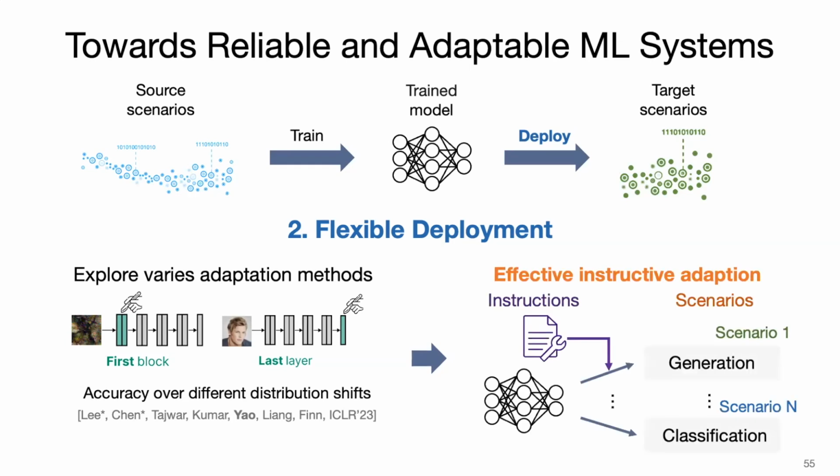And in the future, I plan to work on effective instructive adaptation. Basically, we have the models, and we would like to flexibly deploy them to different kinds of scenarios. Every scenario may have different tasks or different domains, but it may have some instructions, especially for different tasks. We can provide some instructions, and we hope these models can first reason about these instructions